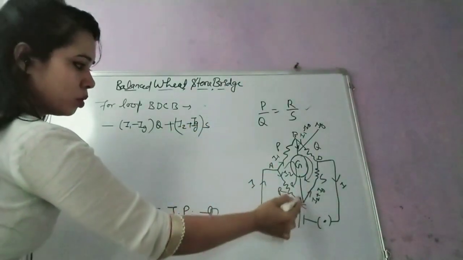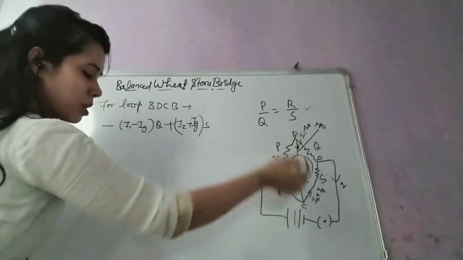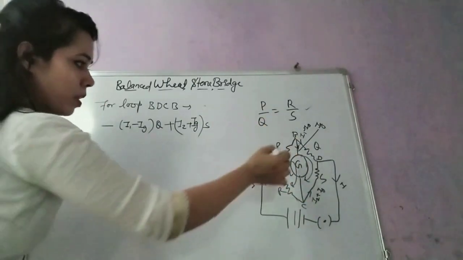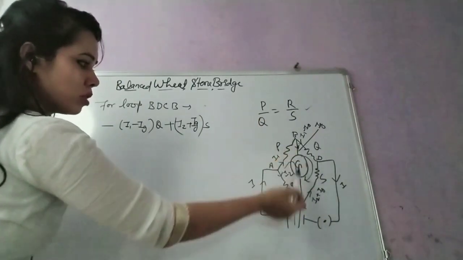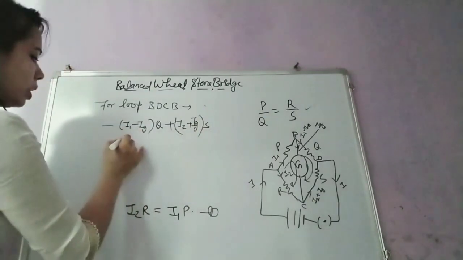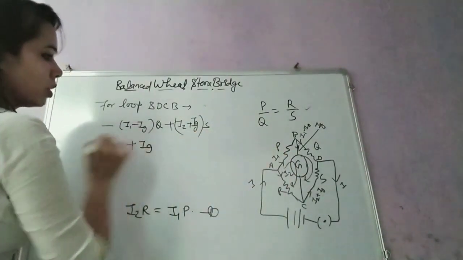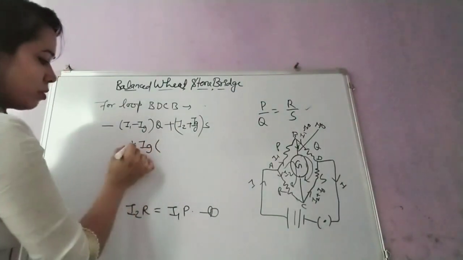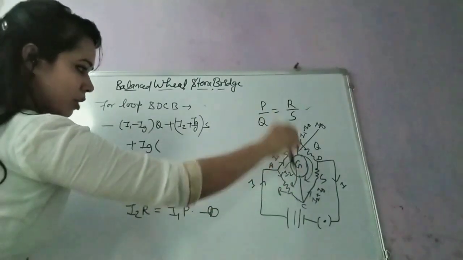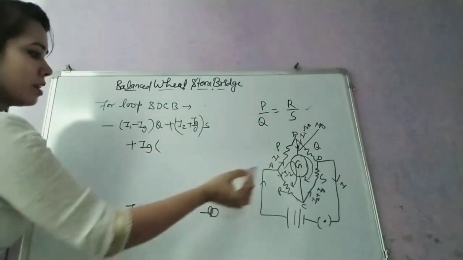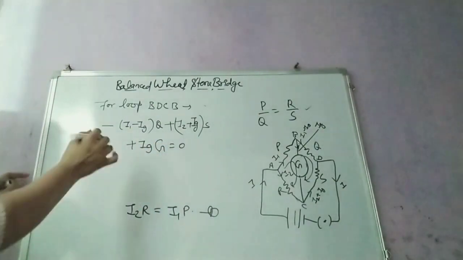Now you will move this side. This side is what? The direction of current is downstairs. I'm very sorry. The current is downside, and the direction path you have chosen is upside. So you will write the current through this branch is Ig. Okay, so Ig into G, that's why I have taken plus sign, because the direction of path you have chosen is this one and the direction of current is this one. So Ig into G equals 0. Now I will solve it.